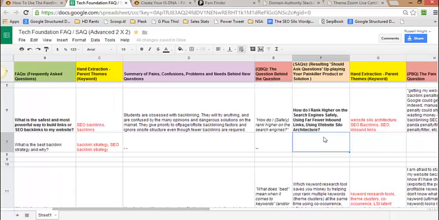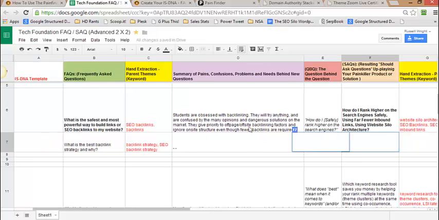How do I rank higher on the search engine safely using far fewer inbound links is a frequently asked question. Well, I'm going to add a new "should ask" question right here. This new should ask question is what they should be asking: how is domain... can't use a capital D, got to remember that. How is domain